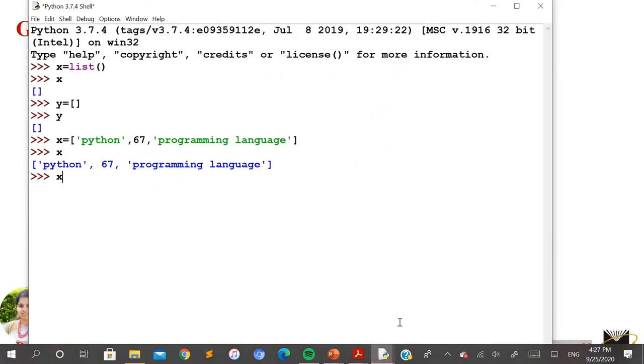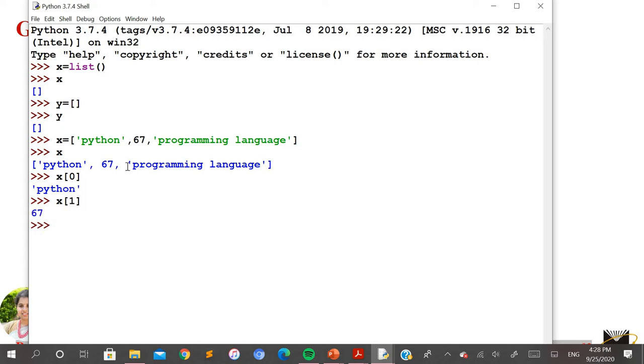So the name of the list variable is x, and in the square brackets I'll take the index value 0 and press enter. You can see the element stored at x of 0 is Python, displayed here. Similarly, let me check the element stored at index value 1.